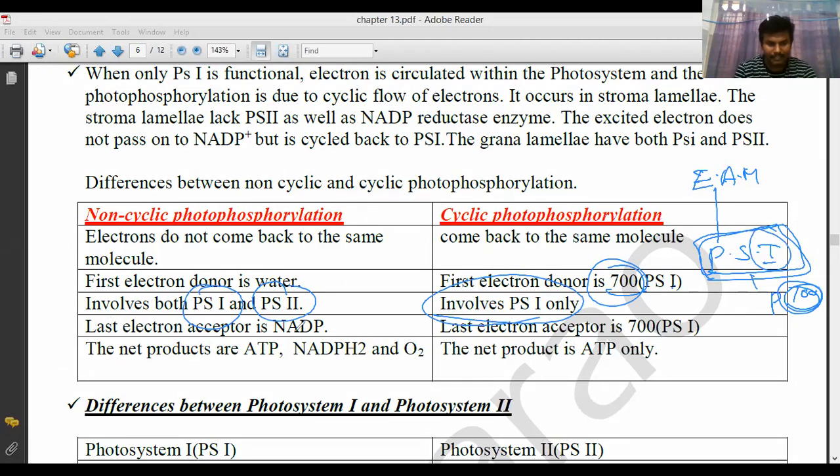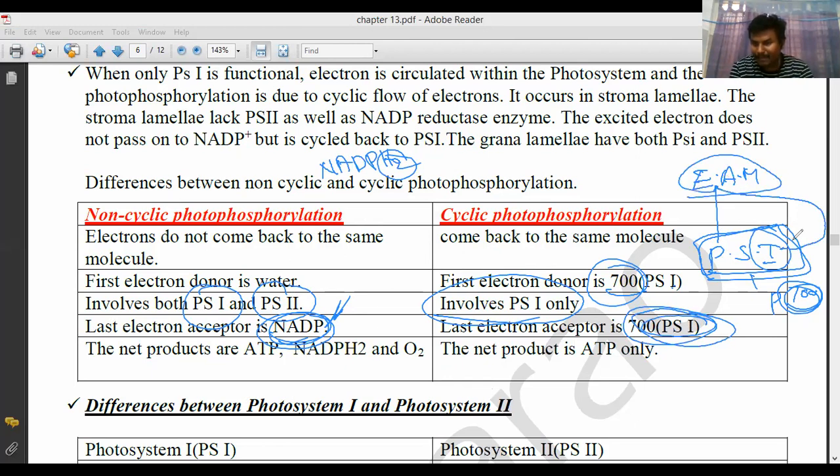In non-cyclic, the last electron acceptor is NADP. The final electron acceptor is NADP, so NADP accepts electrons. That's why it is also called reduced NADP. When we mention the word reduced, we write NADPH2, which means 2 protons are accepted. In cyclic, the last electron acceptor is again P700. Through the electron acceptor molecules, electrons again come back to PS1. So the net products are